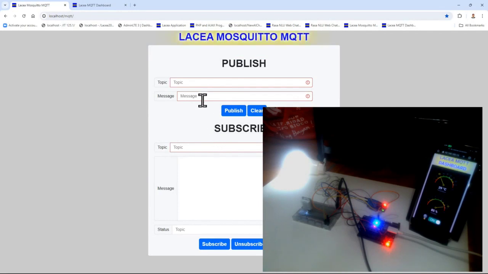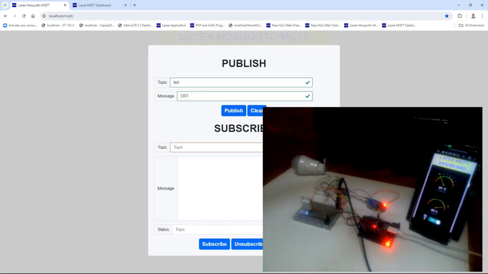For example, I'm going to publish a topic which is small letters LED, and I would like to send it to the ESP32 microcontroller via the Mosquitto MQTT broker, the message, which is capital letters OFF. And if I click the publish button, as you could see, the LED bulb is turned off.